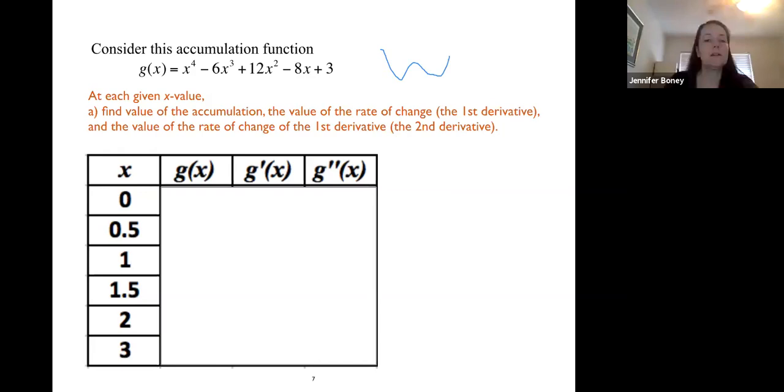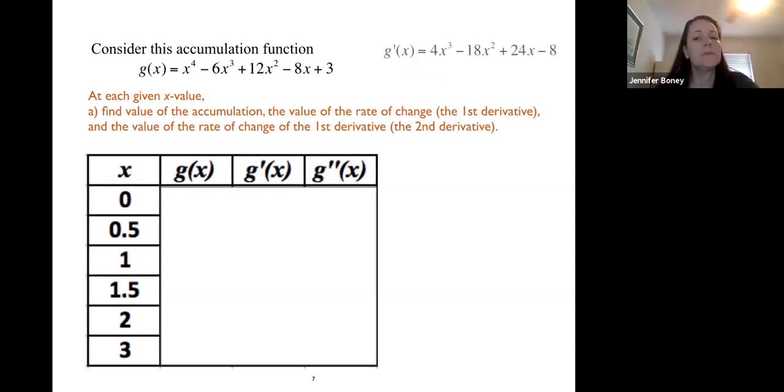So I'd say it probably looks something like that. If we want to be more specific, we can look at patterns in the derivative. So let me clear off this silly scribble here. Think about this. I can find values of this function, and you can do this on a calculator. You can use GC, you can use a handheld graphing calculator, but what I want you to do is take a look at the values of g of x at these different points, the values of the derivative,